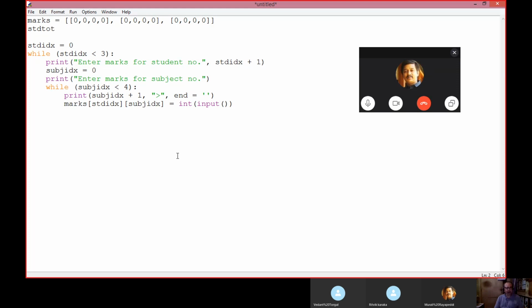We can have student total. How many students do we have? 3. So a list of 3 elements. Following it? Yes, sir.